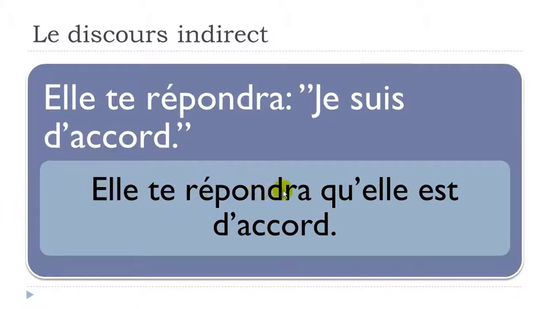Elle te répondra, so we put back these elements here. Qu'elle, okay, as we had previously, because it doesn't change here. It will be that, que, but then you take the e away. Of course, you will have to modify this je and put it in here with elle, est d'accord. The verb, if you look carefully, will stay at the present form. It doesn't need to change here. Even if we've got the future here, it will stay at the present form in the second part. Okay? So the thing is that